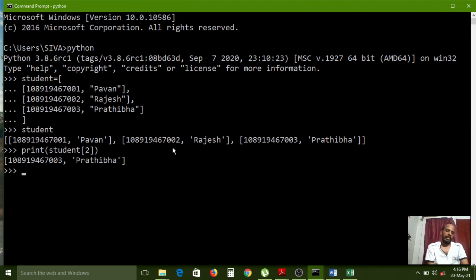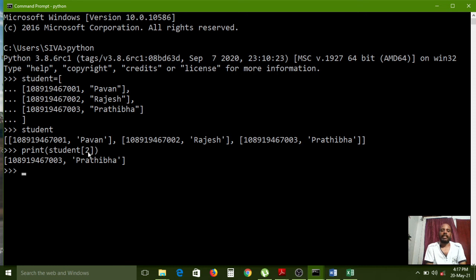Like that, the second number and Rajesh are stored in the first index. In the same way, the third hall ticket number and the name Pratibha are stored in the second index. Because index starts with 0, 0 is the first record, 1 is the second record, and 2 is the third record. 0, 1, 2, like that.